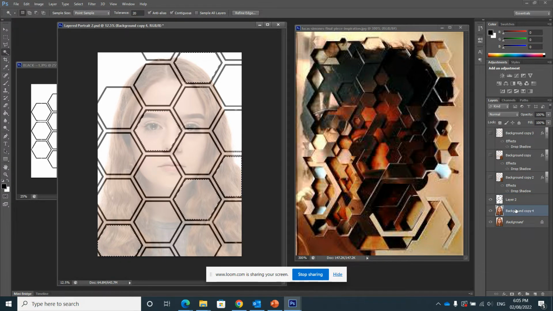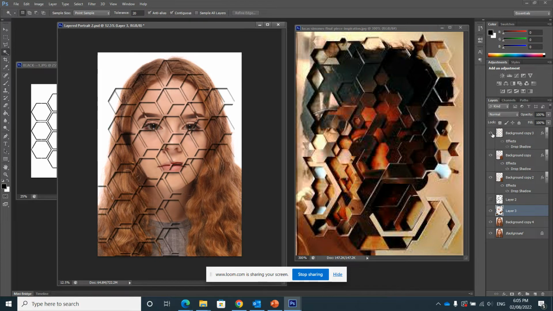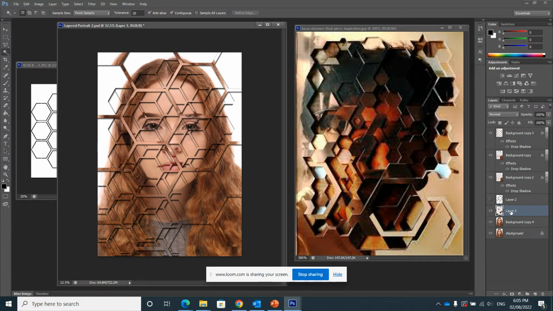And then click on the layer. This time I'm going to copy it. So Control C and then Control D. What you should see is it's just pasted in a new layer with those hexagons, but this time they're actually the parts of the face. Okay, I'm going to turn off that layer, turn on the other layers I've put on,